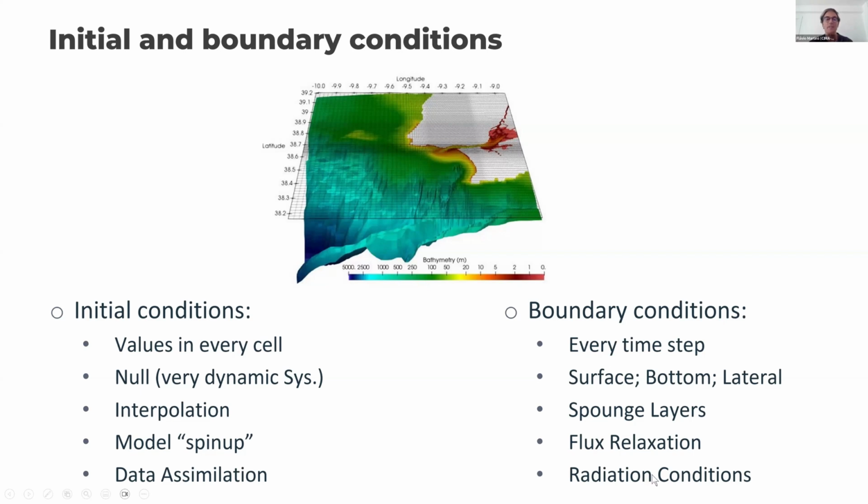And also radiation conditions. I will not talk too much about that, just to say that the radiation conditions are not solar radiation, it's the radiation of waves from the model to the outside. Okay, so sometimes we need to have a boundary condition that allows the high frequency waves created inside the model to radiate outside, to be lost to the outside of the model, in order not to compromise our solution. Okay, so this is very rapid. Boundary and initial, especially boundary conditions, is a science in itself. So I won't take too much time on that.